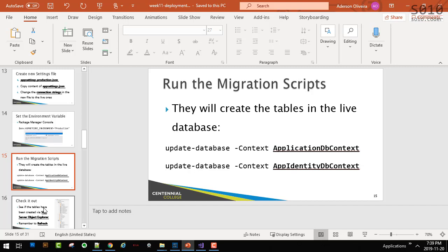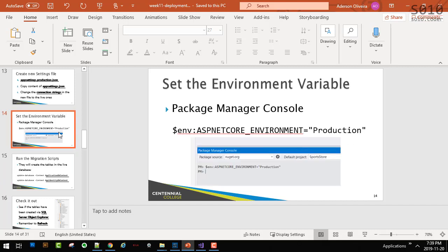Does it make sense? Again, we are just trying to make sure that when we run the update scripts, it will run on the second appsettings, not the first one. That's why we set this environment variable to production, because internally, package manager uses this as a reference point.